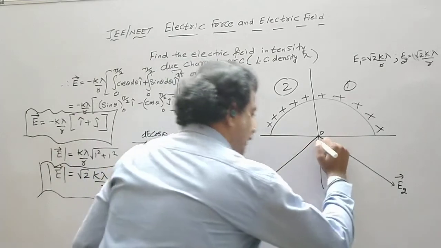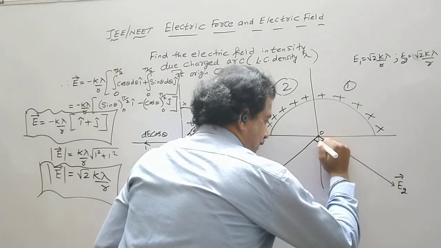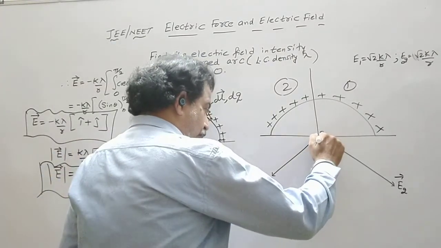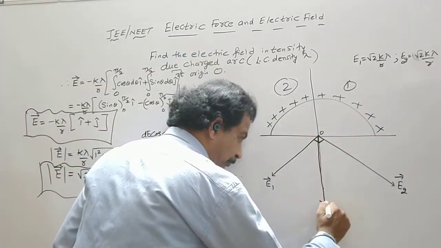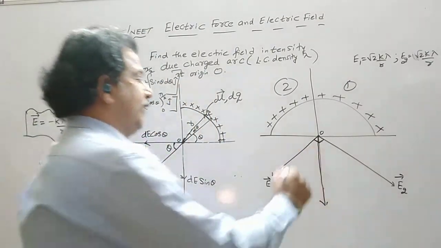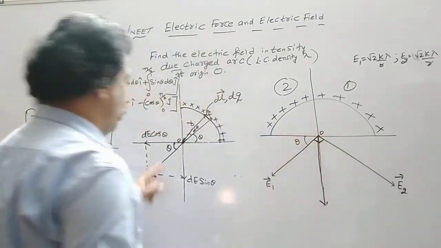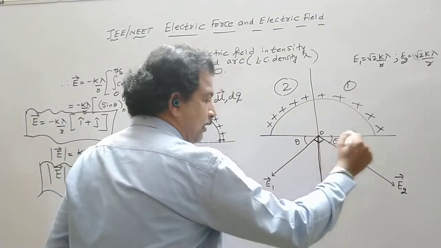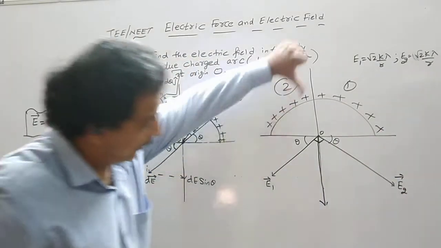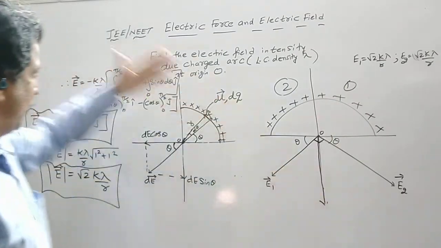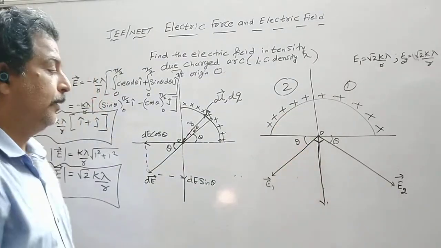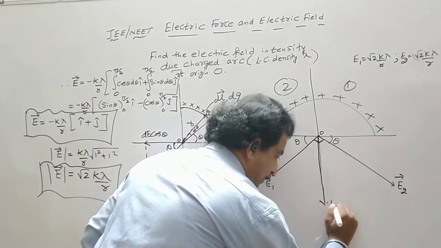Now from the geometry, we can easily say that this angle comes out to be 90 degrees. This is a 90 degree angle. So where would be the resultant? If you don't understand this angle, take this as theta, as we have taken. If I join this, the cos component will be cancelled and the resultant will be the sin component, and then again you do this integration. Otherwise this angle is 90 degrees. Now this is the resultant E.